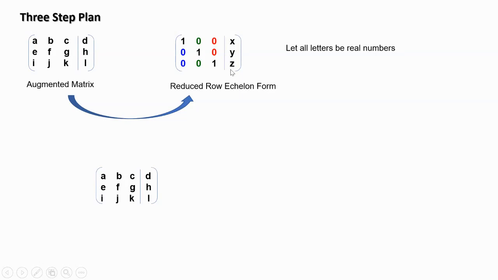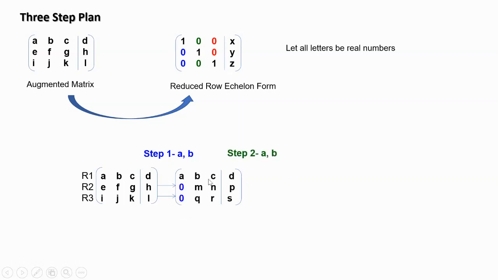Okay, now here are the 3 steps. So step 1. This is row 1, row 2, and row 3. In step 1, I'm going to make these 2 zeros here. The e and the i must be zeros. So row 2 is going to change, and row 3 is going to change because the e and the i must be zeros. After I execute step 1, this is the way it should look. Now step 2, right? The b and the q must be 0. That's why it's color coded to fit the matrix here on top. You see the first row, second column, and the third row, second column, they have to be zeros, the b and the q. So after I execute that step,